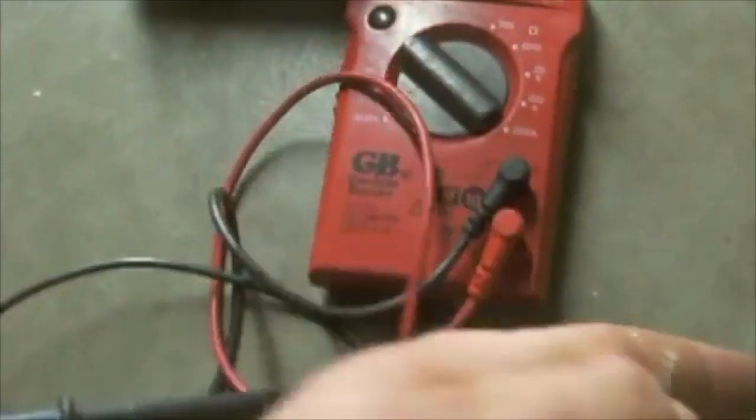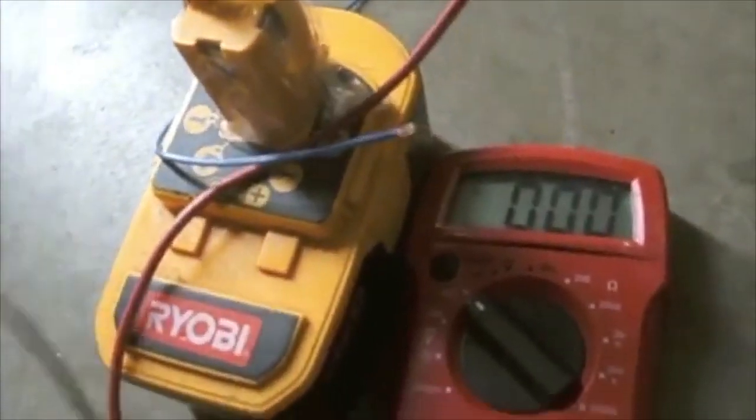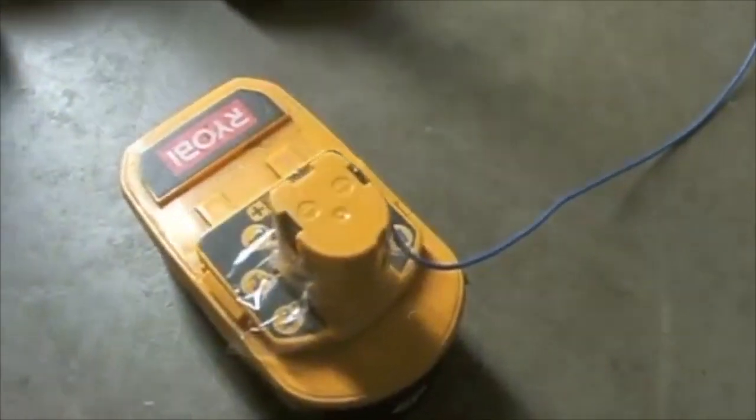Next, you will test to make sure that you are getting the proper charge, that my terminals are connected appropriately. I will set my voltmeter, and I'm getting 45 volts. Next, what you'll do is you'll take your negative and connect it to the negative terminal, and you'll take your